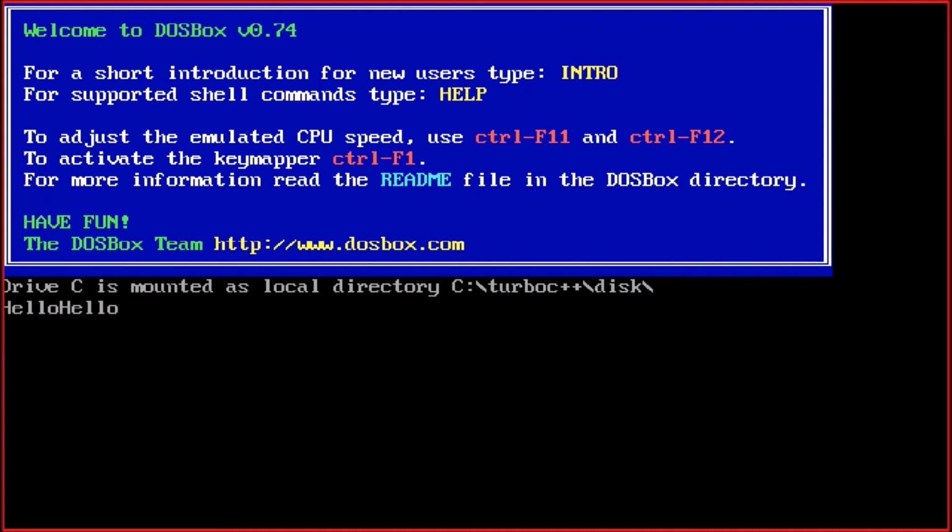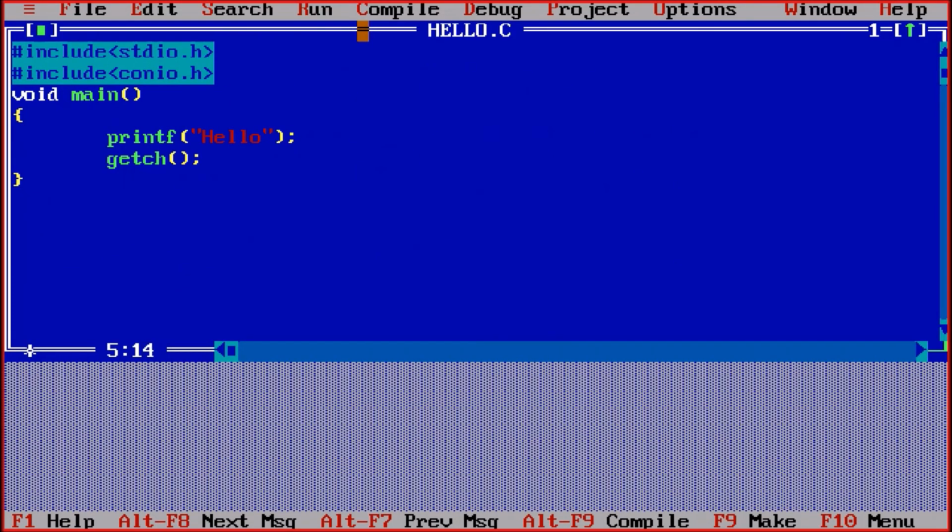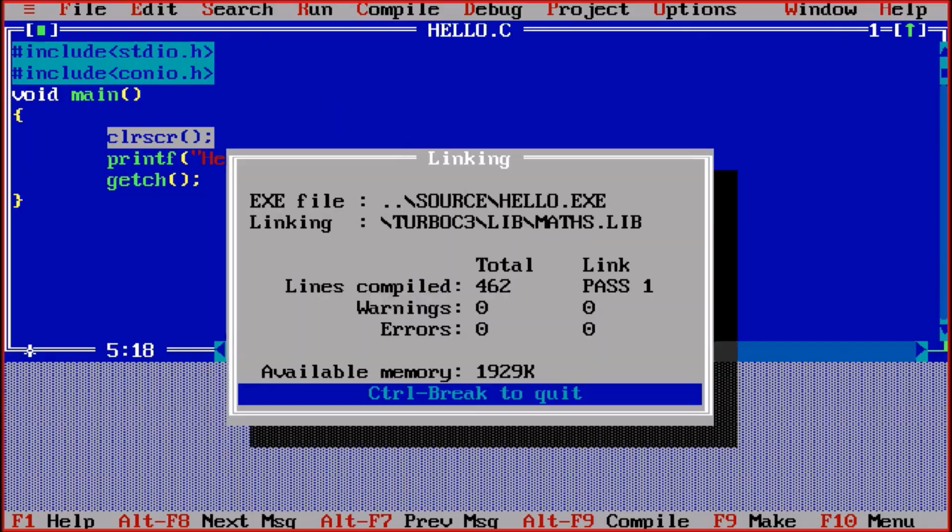Now there is one more problem which I can find. There are two times hello, meaning the earlier program output and the new program output. Both are present. Now there is one more method which I can write, that is called clrscr, the clear screen method, which is again part of your conio.h, the console input output header file. Now this will first clear the screen. If I press Ctrl F9 now, the screen is cleared and you can see that the hello message is showing. So that is all about our first program.